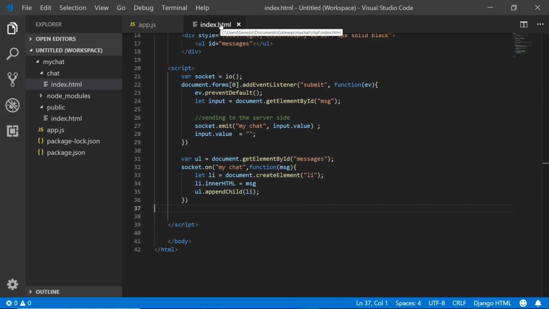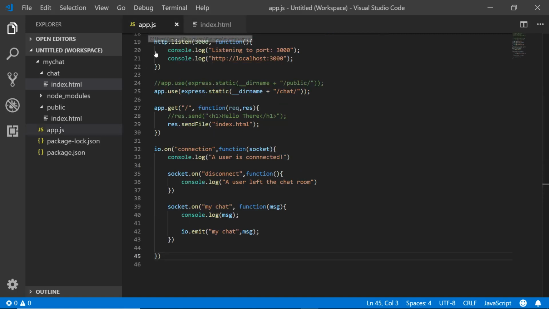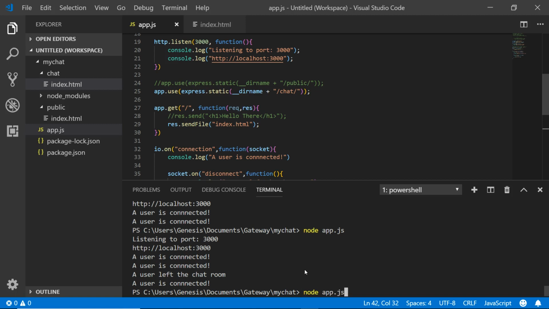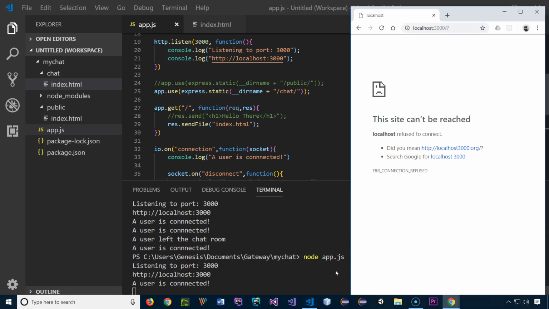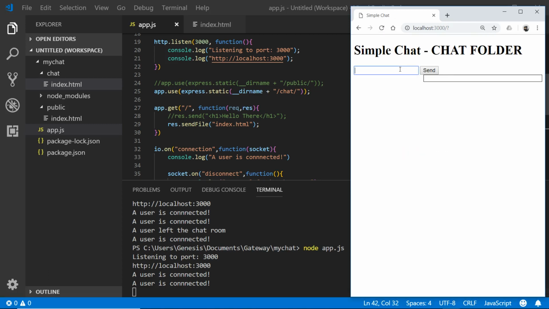On the front side, here we've got our chat, right? I just want to make sure this is still working, so I'll go back and run this again. I'm going to go to the browser and reload that. So our chat is working as expected. I should have just moved this to the bottom, but anyway,